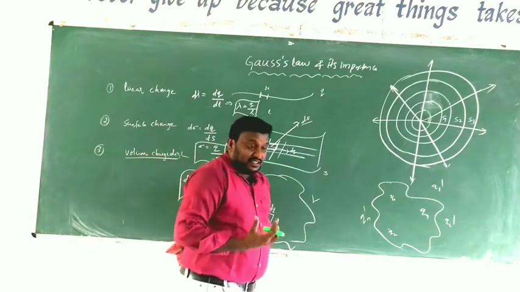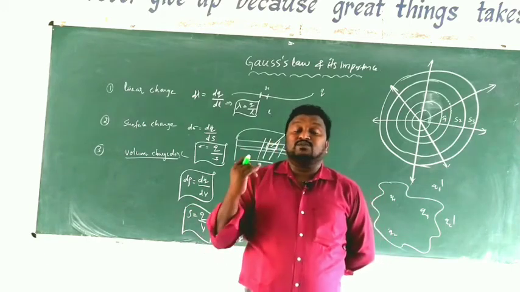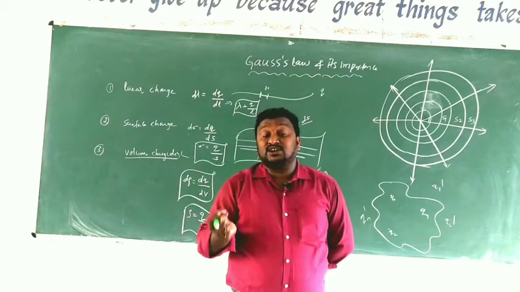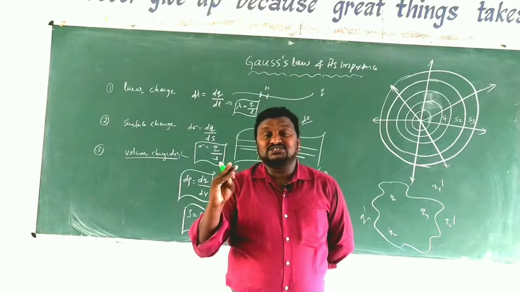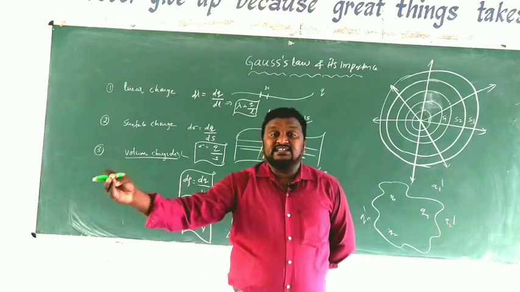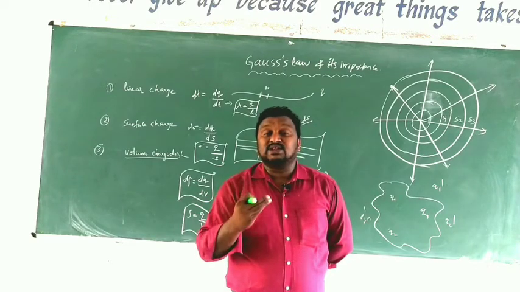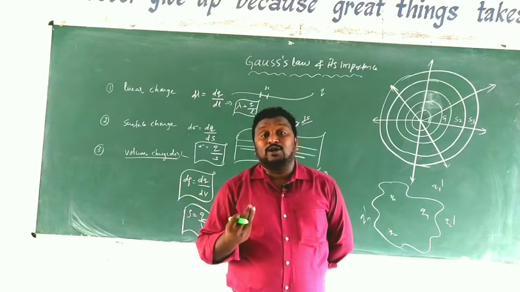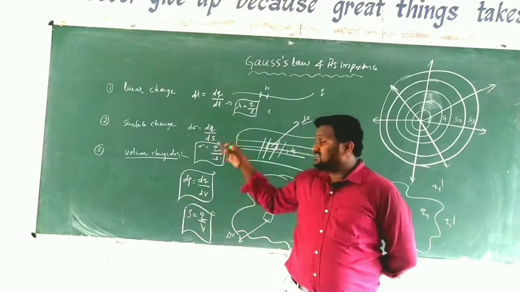That means in conductors the charge distribution should be explained on the basis of, first thing, linear charge density, next, surface charge density, and third one, volume or cubical charge density. The charge which is available along the length is what we call linear charge density. The charge available in a particular surface is surface charge density. And the charge available in a particular volume is called volume charge density. The distribution of charge should be explained like this.